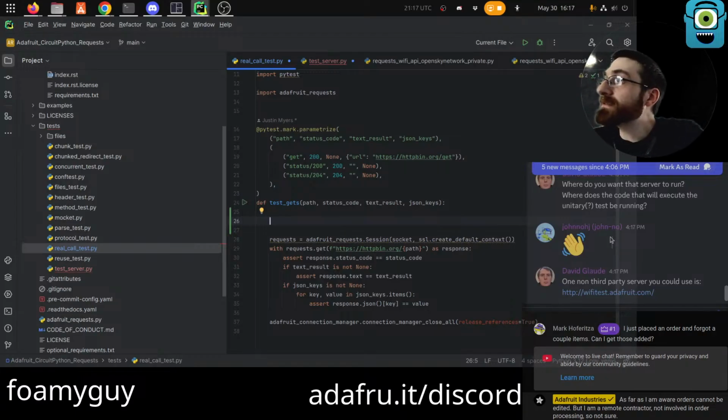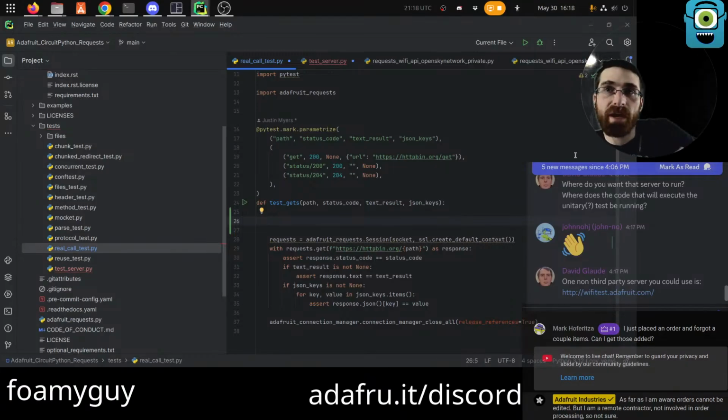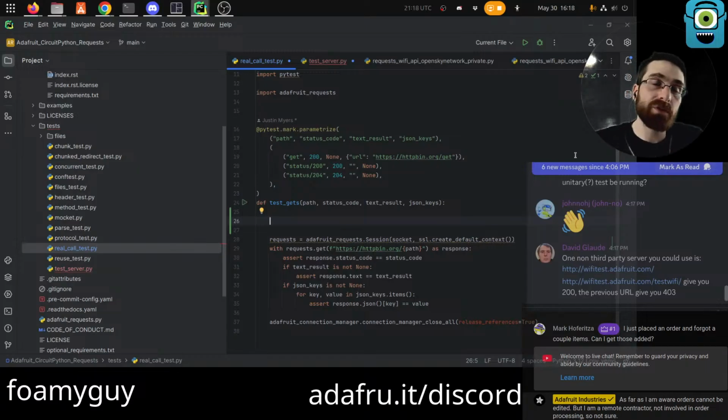On a non-third-party server. So it's not permanent, right? This will not just live on the internet and be hosted forever. It will only run as part of this test. Whenever this test wants to run, it will spin up this server inside of the little GitHub Actions container that it's running inside of. It will do its test, hit its localhost server, and then shut everything back down. It will never be open to the outside world. It will just live inside of this run of the test, and then go away.